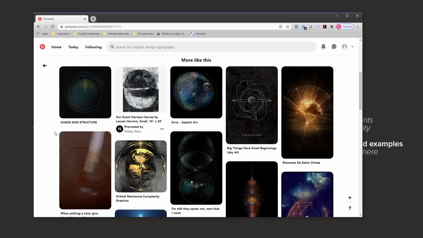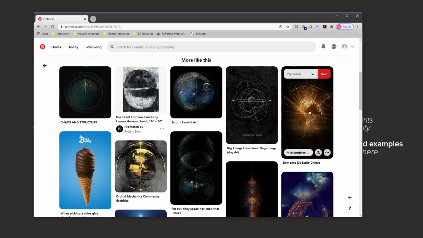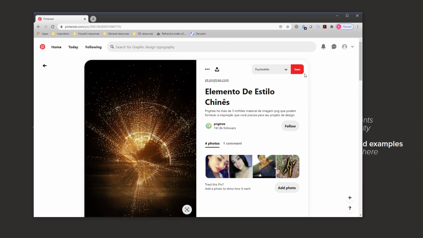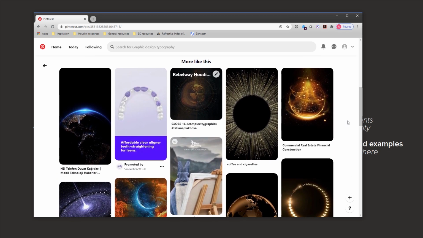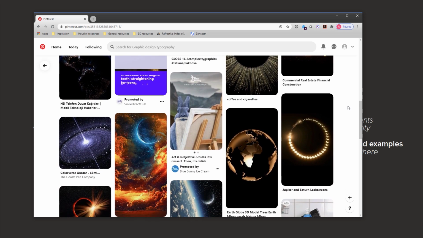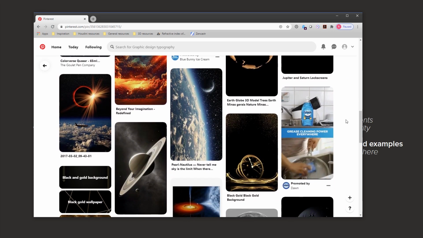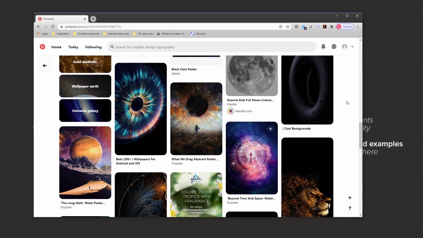We're going to look down here. Let's see, this is kind of cool, sort of glowy holographic globe. Lots of dots, that's kind of cool. It's interesting. I'm not giving a ton of thought to this. I'm not sitting here picking out details. I'm really just looking to grab things that